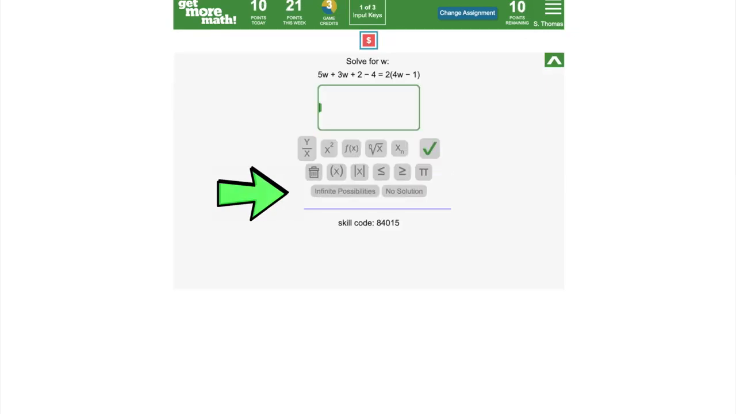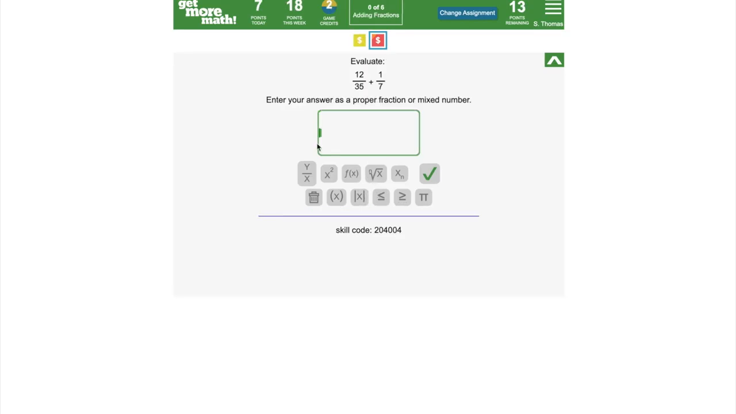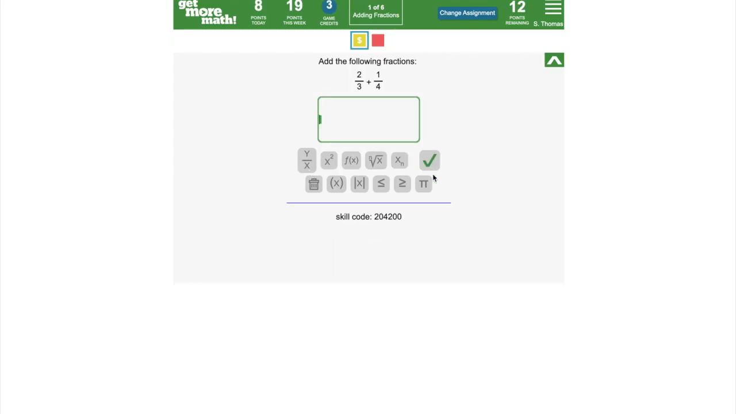Sometimes special buttons are placed under the keys that can be used for this type of problem. Students simply click the button that is the answer to the question. If the device has a keyboard, students can use the keys below the answer box, or we have developed some